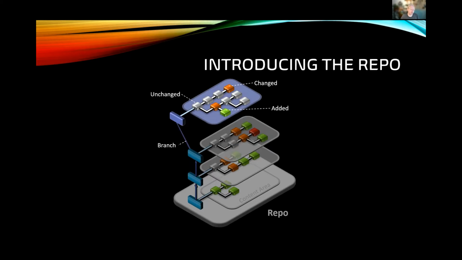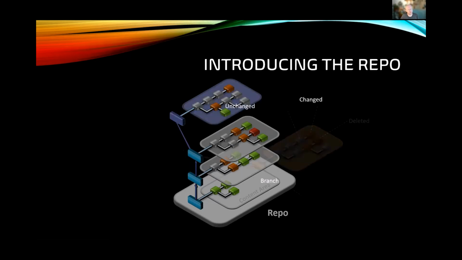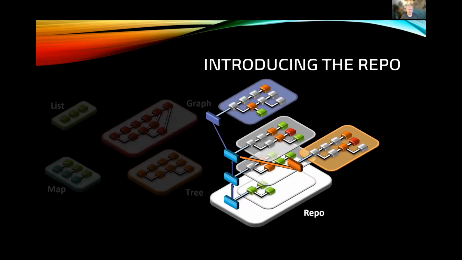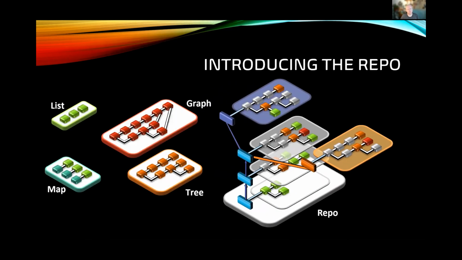We can create a branch of the history to say that we want to track some of the changes with a label. And then you can have multiple branches at once where you are manipulating different aspects of that content. And you can keep track of all of that information in a neat data structure. So my proposal is that the repo be looked at as the next data structure in that traditional progression. And this is what it may look like.